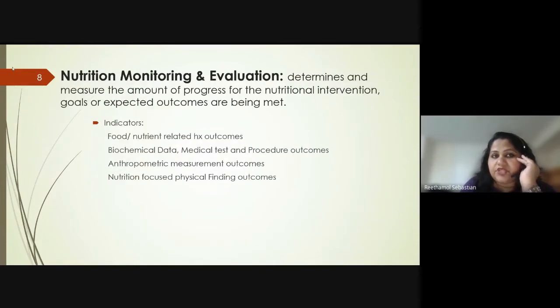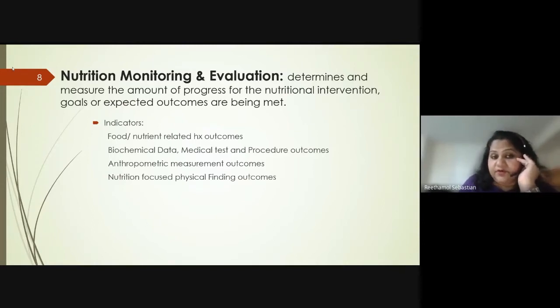And the last point is nutrition monitoring and evaluation. This is why we are monitoring and evaluating. This determines how effective our interventions are. Are they meeting the expected goals? For example, we were looking at the weight for somebody who has weight loss, are they actually gaining weight, or are they losing weight? So this is the point, we have to monitor and evaluate